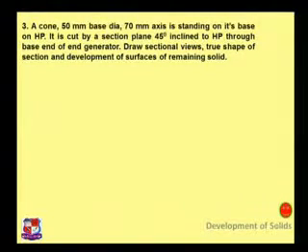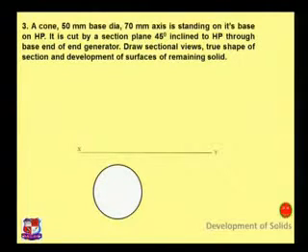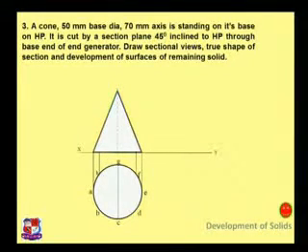How to draw the first line? As a cone is given, xy is the line of intersection between HP and VP. Draw a circle of given dimension, divide the circle into equal number of parts, and draw a triangle. So this is the first line of the given problem. Diameter is 50 mm, height is 70 mm, imaginary generators are drawn. Apex point is O dash, and imaginary generators on the front view are A dash, B dash, C dash, D dash, E dash, F dash, G dash and H dash.